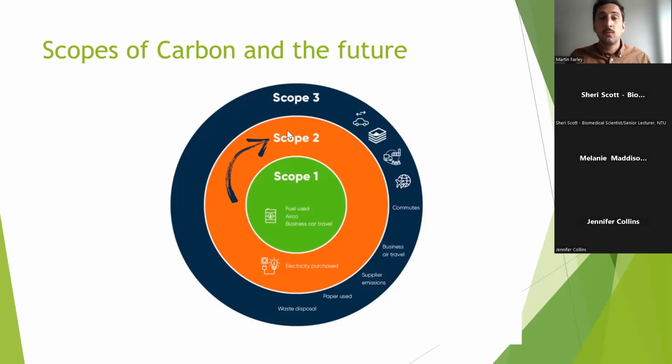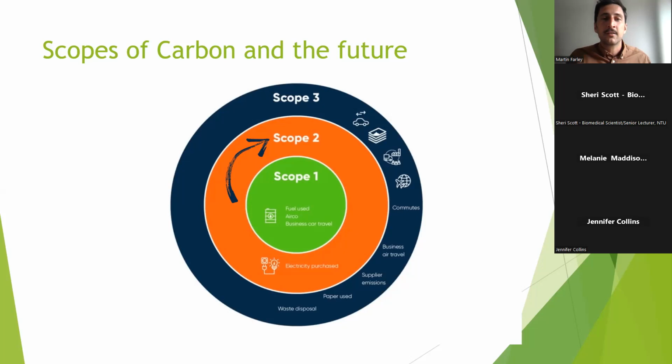Now, the labs that you work in will use 3 to 5, sometimes as much as 10, but probably around 5 times more energy than a typical office space. The reason for that high energy consumption in lab environments is the ventilation. It seems like a boring topic sometimes, but ventilation is a high impact area because we have to turn over that air a lot more frequently than in an office space.